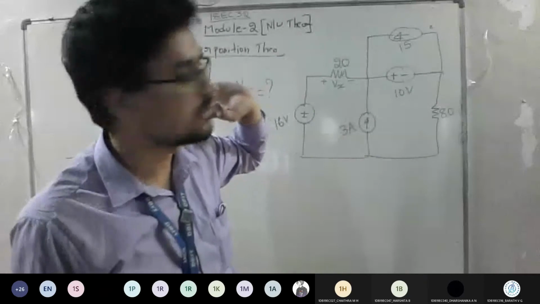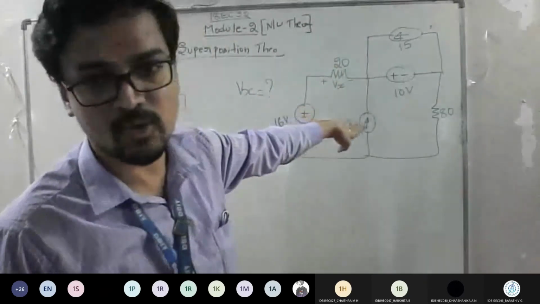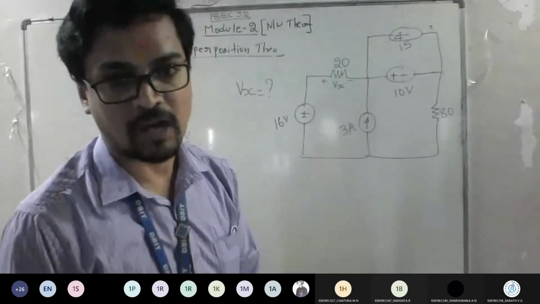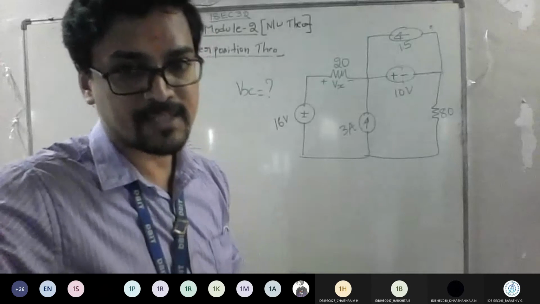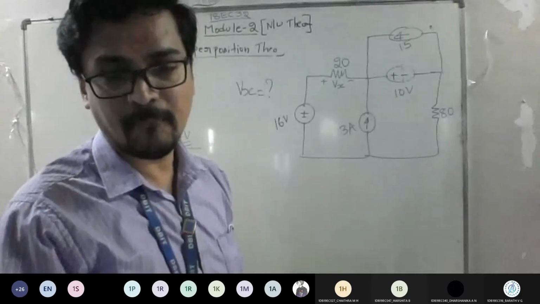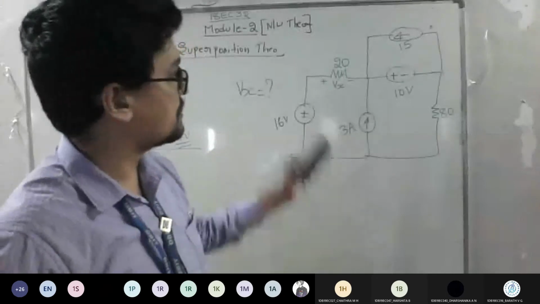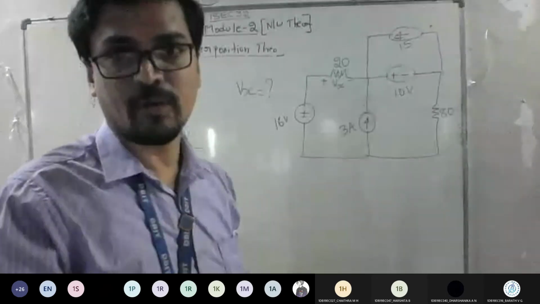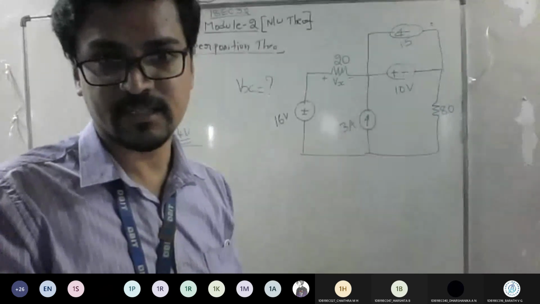Last category: 1.5 amp is active, 3 amp is open, and the remaining two are short. After finding this, next class tell me what answers you have got. Am I clear? Everyone? Yes, sir. So just work out the question. We'll stop here, and we'll try to analyze this answer in the next class.